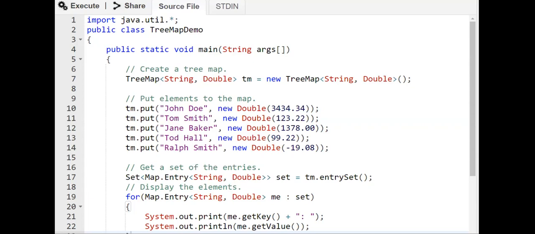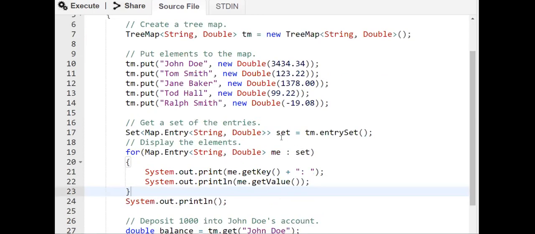In creating the tree map, we have to specify the data type. The data type here which we are using is string and double. So just like our previous example, the same data we will put in a tree map, the same set of objects with the double values.